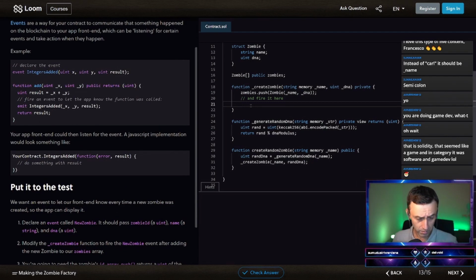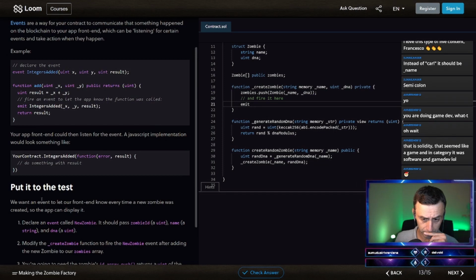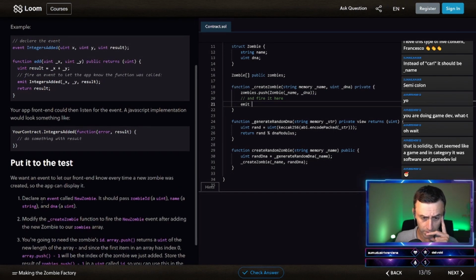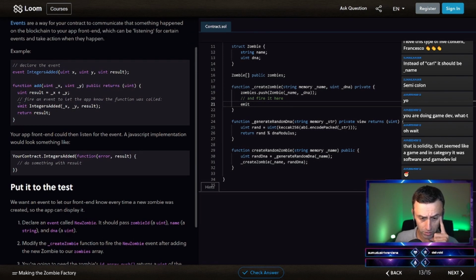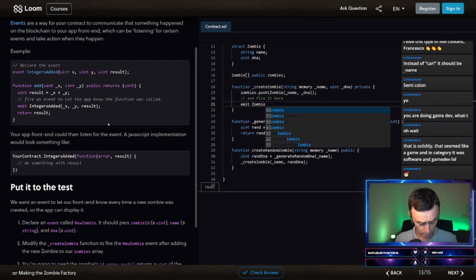Emit. They're not talking about this, but let's see. Okay, we need this in the function, and then we fire an event. Zombie added, something like that.